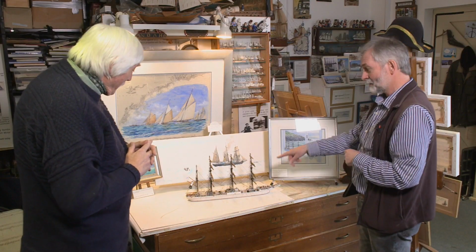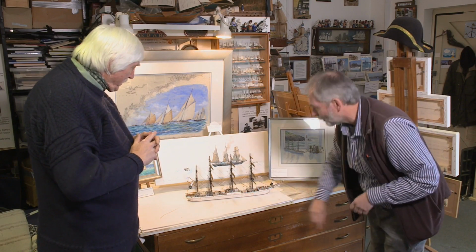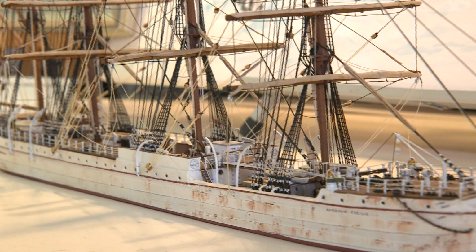She was Norddeutscher Lloyd as a cadet ship, built in Bremerhaven. Yeah. I had a studio in Bremerhaven for a while, so I got to know an awful lot about some of the ships around there, when things were built. She was built as a cadet ship, so that's why she's got a slightly longer run here to accommodate all the cadets. Yeah. But I picked up this model